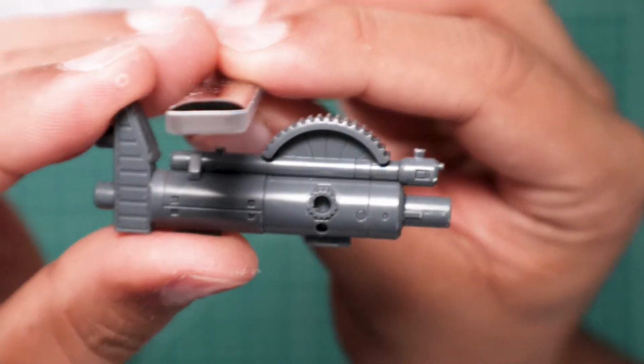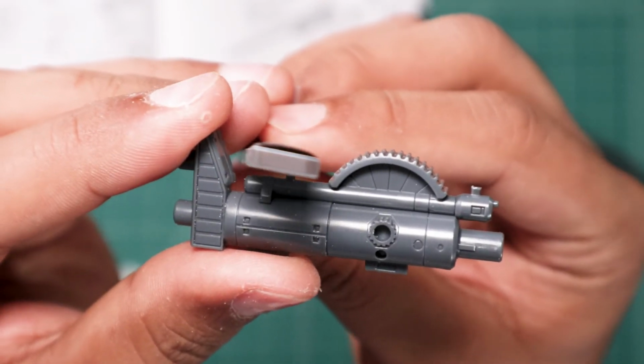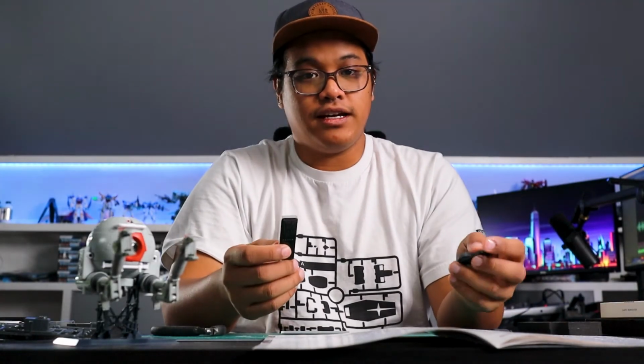As you can see here, the Razer 1.5 would fit in that slot pretty well. There's a good amount of wiggle room to the left and right. However, the Razer Plus does not fit in there at all. So the Razer 1.5 is more accessible to tighter areas, but at the same time, in most scenarios, I found